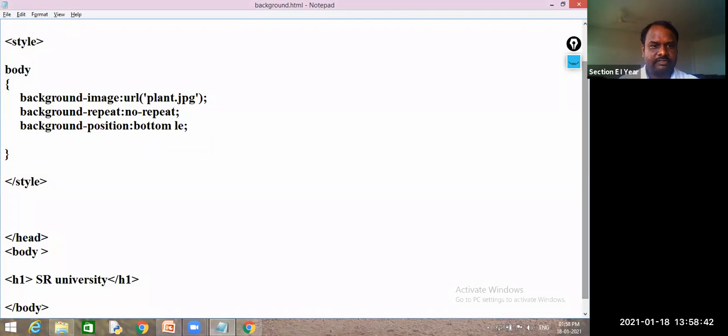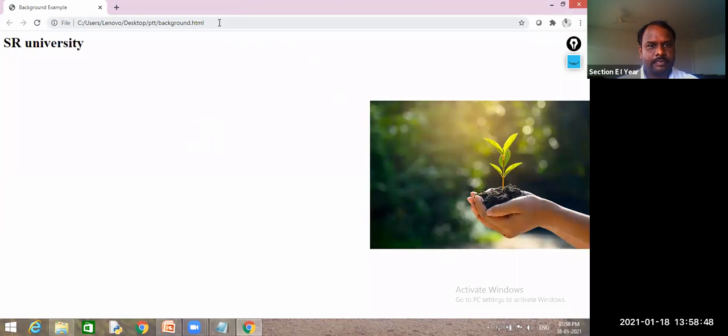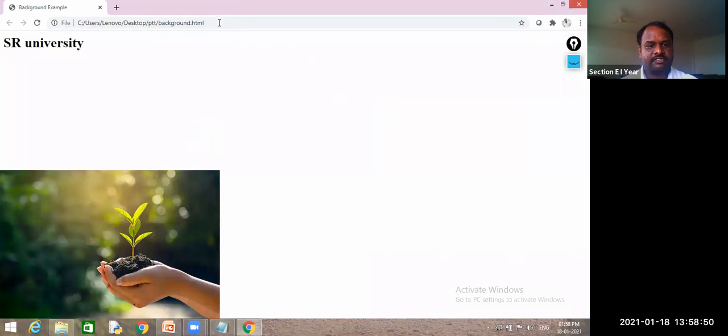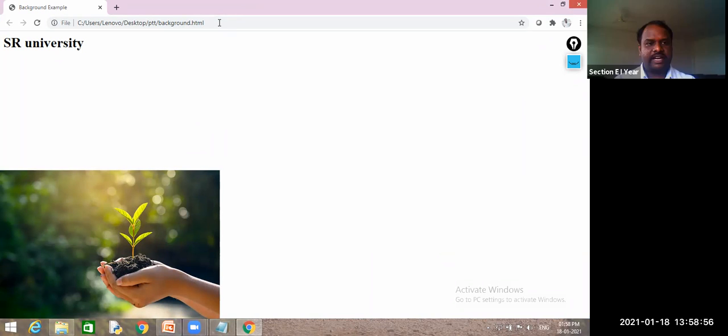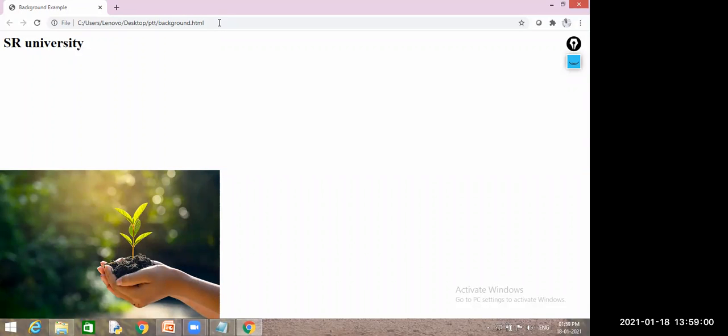Bottom left, and don't give any hyphen or these things. These are 2 individual values. Is it shifted to bottom left? Yes, sir. So can you write all positions? Yes, sir.